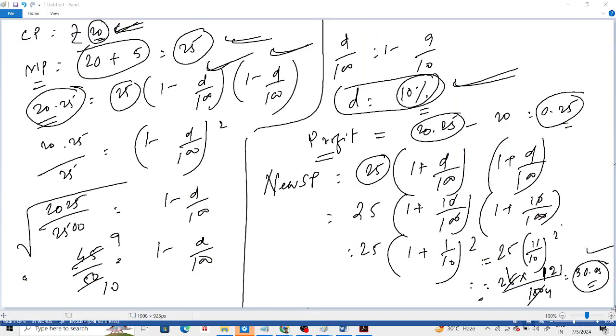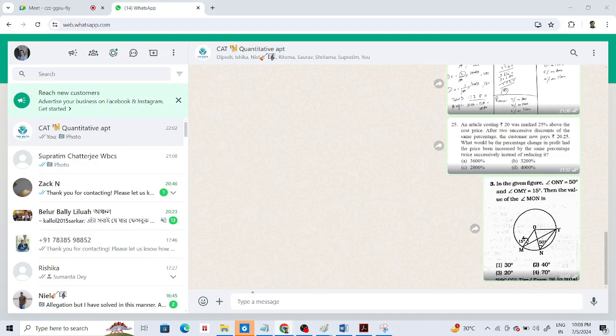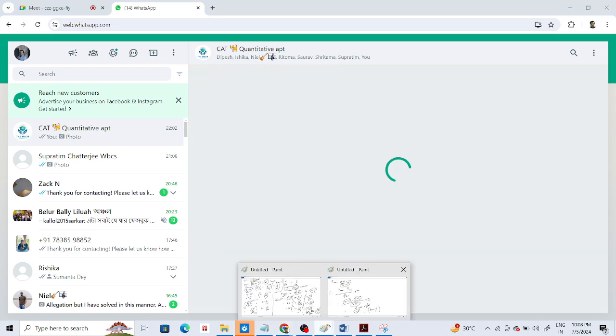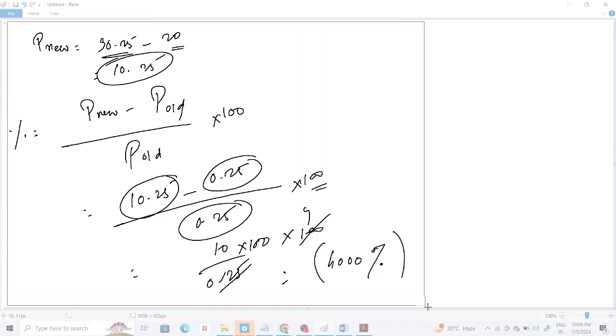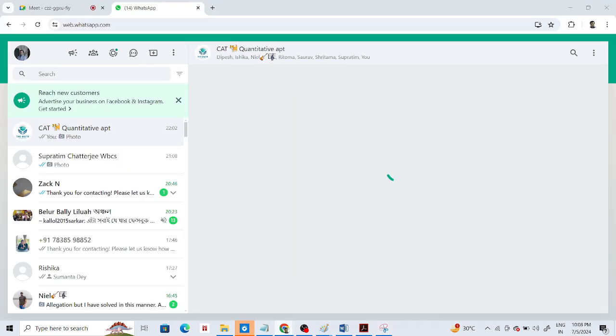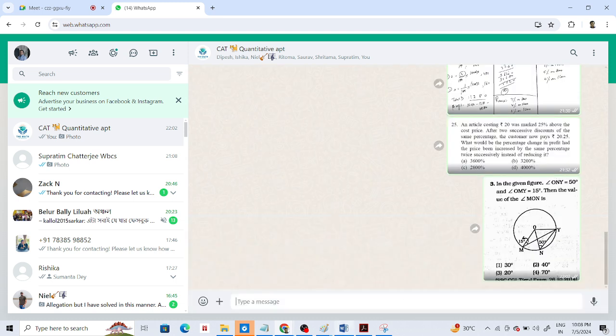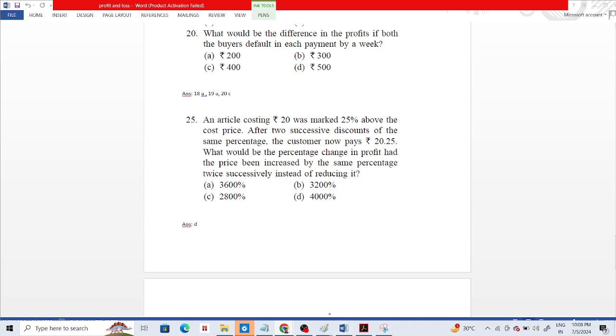Yes, sir, আমি লাস্টের পার্সেন্টেজ চেঞ্জে ভুল করেছি। আচ্ছা, পার্সেন্টেজ চেঞ্জে ভুল করেছিলি, মানে বুঝতে পারোনি, না ভুল করেছো? প্রফিটটা বার করে ওটাকে সিপি ইন্টু 100 করে দিয়েছিলাম। হ্যাঁ, ওইটাই হচ্ছে কোয়েশ্চেনের খেলা। এখানে কোয়েশ্চেনটা কিন্তু বলেছে হোয়াট ইজ দ্য পার্সেন্টেজ চেঞ্জ ইন প্রফিট, প্রফিটের মধ্যে কি পার্সেন্টেজ চেঞ্জ এসেছে।